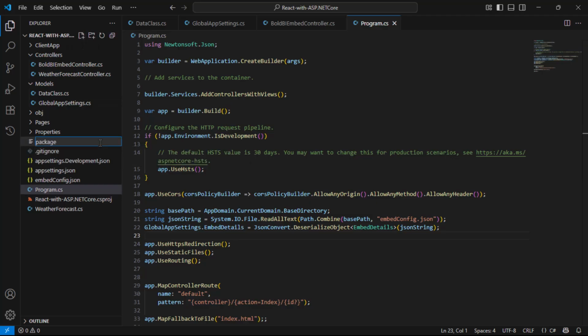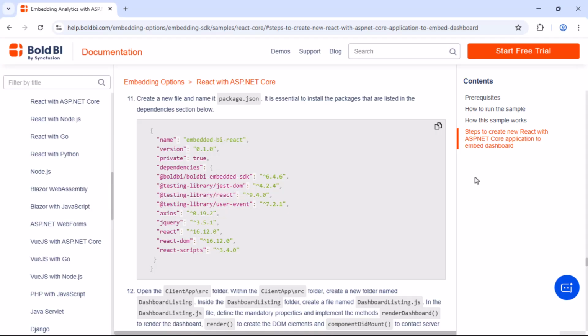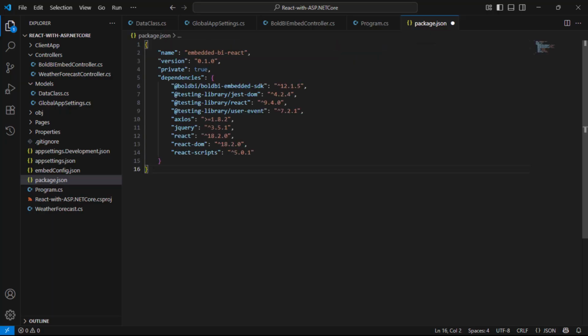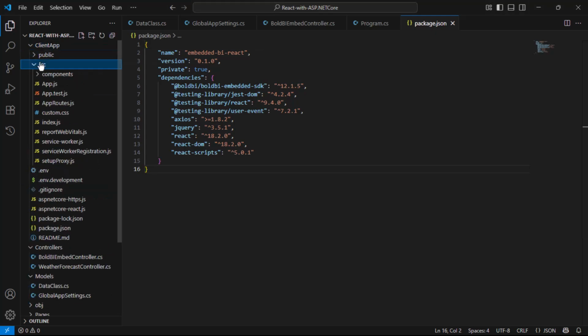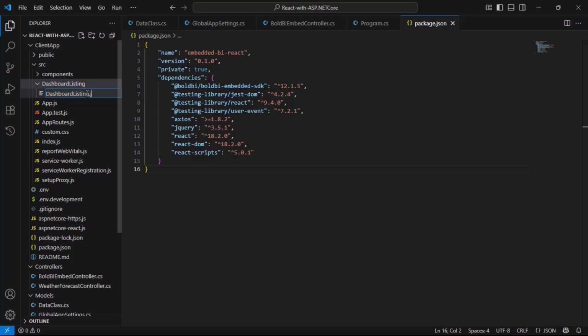Next, I create a new file named package.json. Copy the code from the documentation and add it to the file. This defines the metadata, dependencies, and configurations for the application. Next, in the Client app SRC folder, I create a new folder named Dashboard Listing. Within it, I create a file dashboardlisting.js